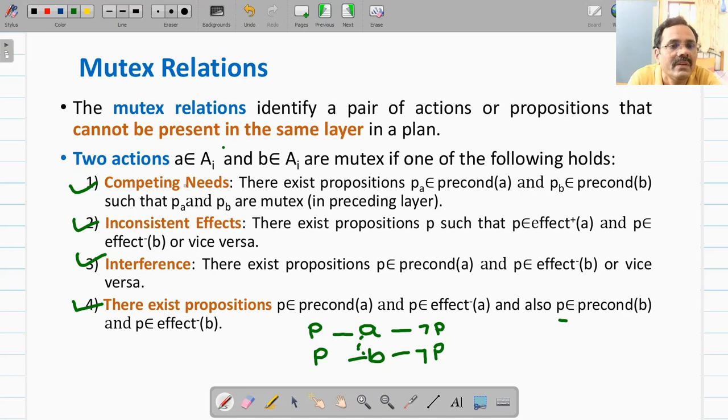Similarly, now you can identify mutex propositions. Two propositions are mutex if corresponding actions are mutex.